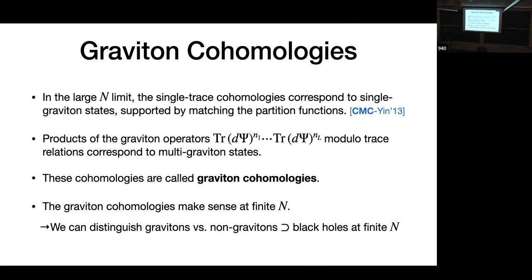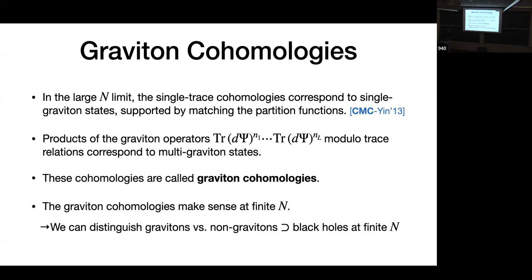Is this point clear? Strictly speaking, the distinction between graviton and black holes is only meaningful in the large n limit. So for finite n, it's more like just a definition that we know works in infinite n. Yes. We extend the notion of graviton versus non-graviton from infinite n to finite n. And we can see that in this cohomology language, there's a very natural extension.